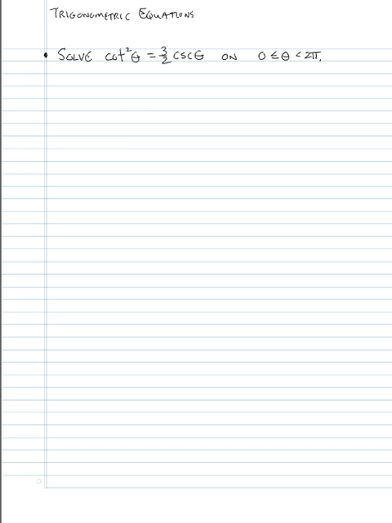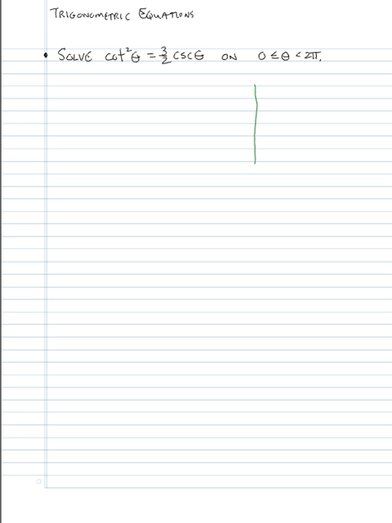Now, here again we have two different trig functions in one equation. And my preference is to have one single trig function if we can. And in addition, I prefer to have an equation involving sine and cosine. Now, that doesn't mean we can't have others, but I prefer that. And so when I look at this equation that we're to solve, the first thing that comes to my mind,